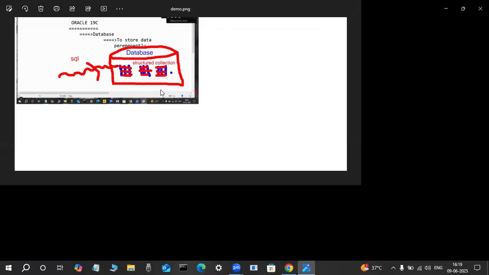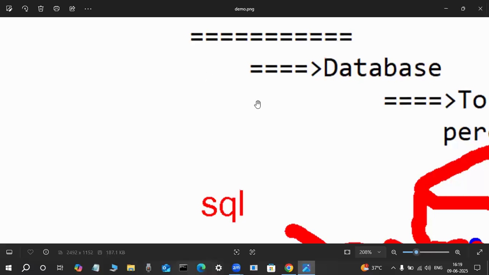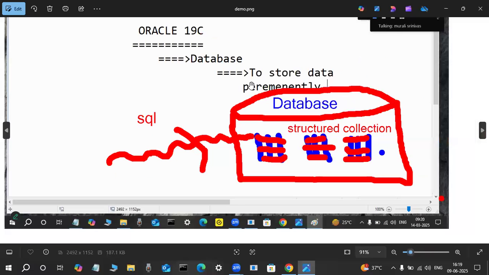Here, observe it here. In a previous class, I told a small concept. Whenever we are installing Oracle software, automatically some place is reserved in a disk that is called a database. One container is automatically created. This database stores only a structured collection of data. If you want to operate on data in this database, then we use SQL, PLSQL and dynamic SQL languages. Already I told those small concepts in a previous class. And also,